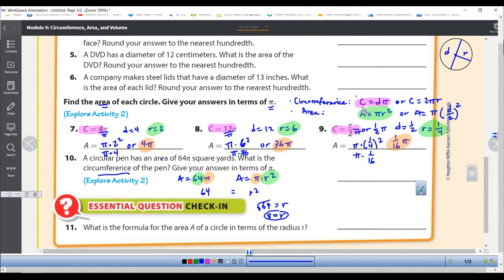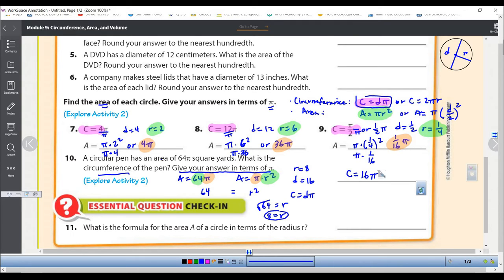All right, here we go. Back here. What is the formula for circumference? It's diameter times pi, right? So we know that the radius is 8. So what's the diameter? Remember, the diameter is twice as big as the radius. So if the radius is 8, what's the diameter? Yes, correct. That is 16. And what's the formula for circumference? Diameter times pi. So the circumference we're looking for is 16 pi,